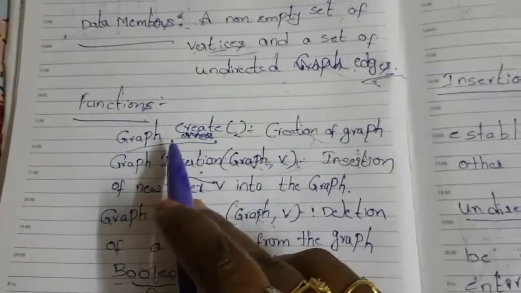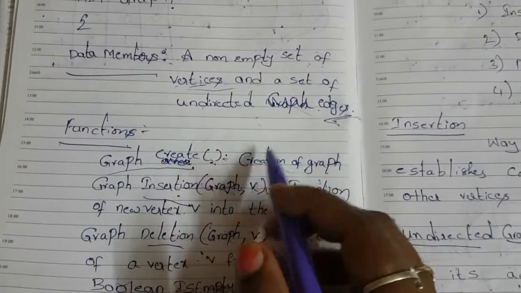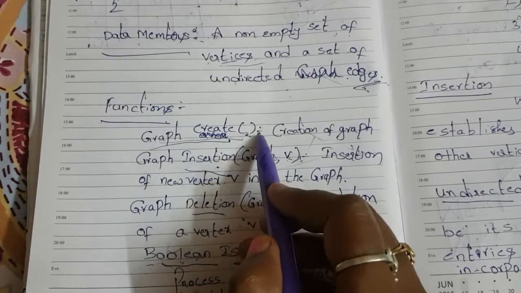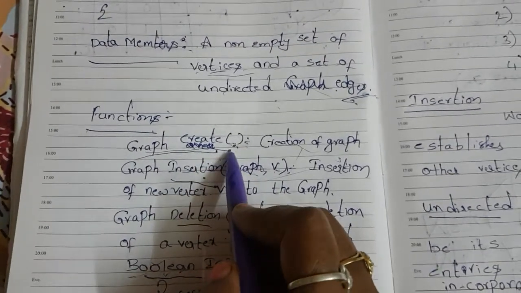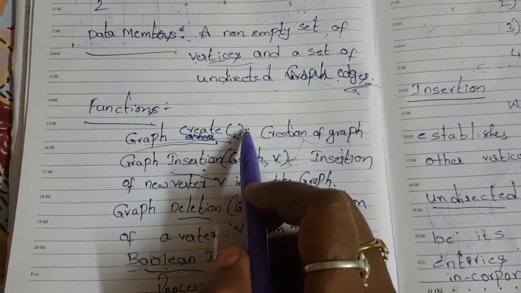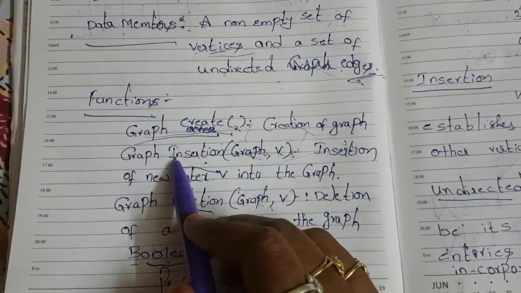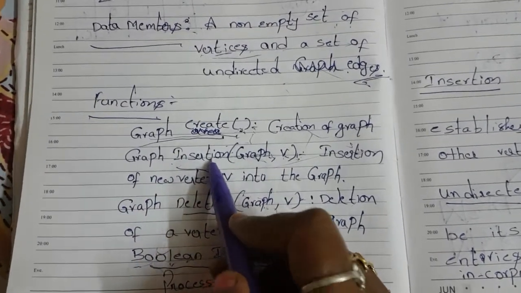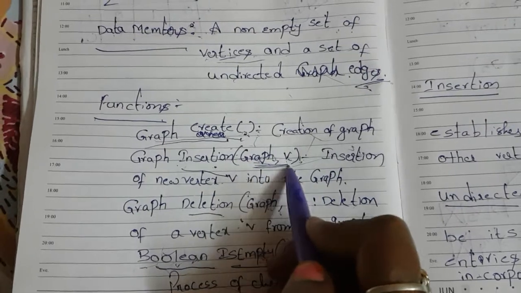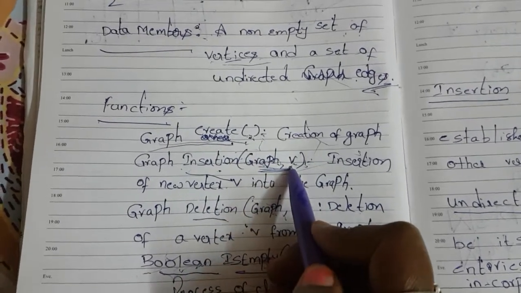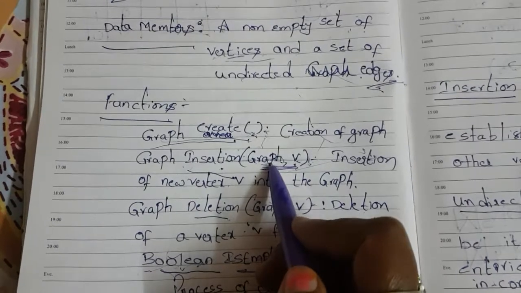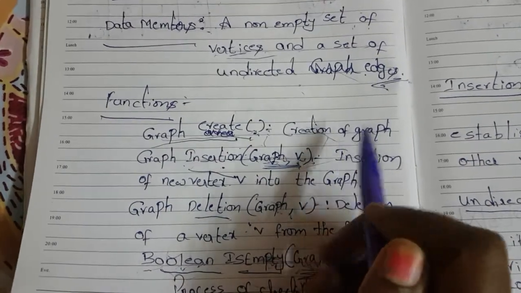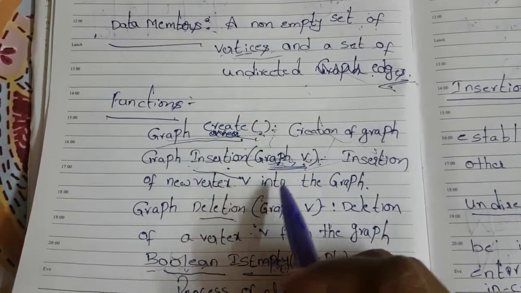And then functions. What functions do you have for constructing the graph? First function is graph create. The graph create function or method is used for creating a graph. Another function or method is graph insertion. Insertion has some parameters. What are those parameters? Graph comma v. V is nothing but the vertex, and graph is nothing but the graph name, and then the vertex. Inserting a new vertex into the